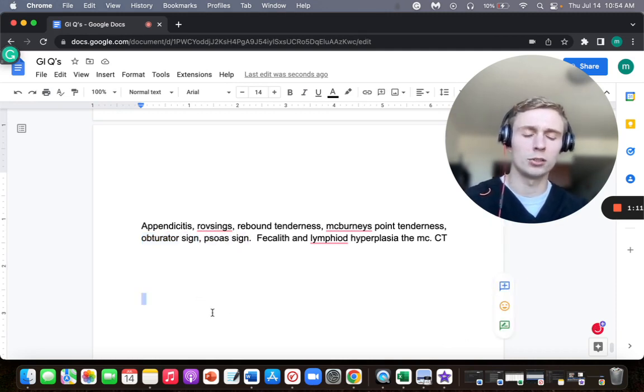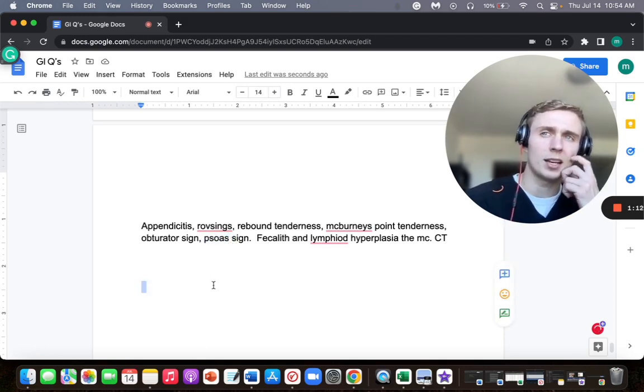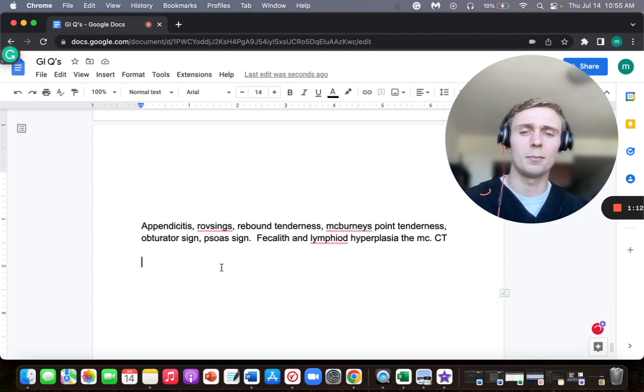So the psoas runs from the spine, thoracic and lumbar spine, down and flexes the hip, connects with the iliacus muscle. So right there, it's going to be touching also potentially the appendix. So if you're letting them off the side of the table and letting their hip fall back and asking them to flex it against resistance, then that's going to irritate the appendix that's next to the psoas muscle there.